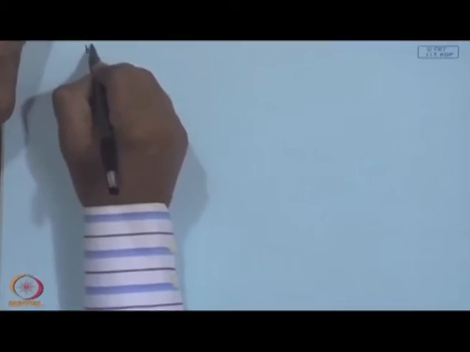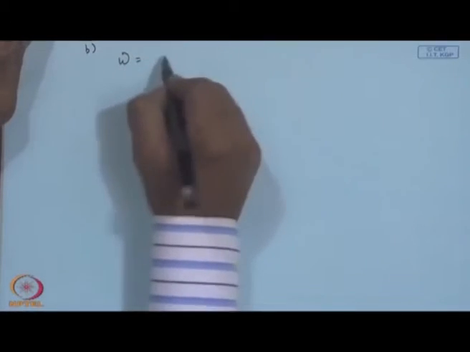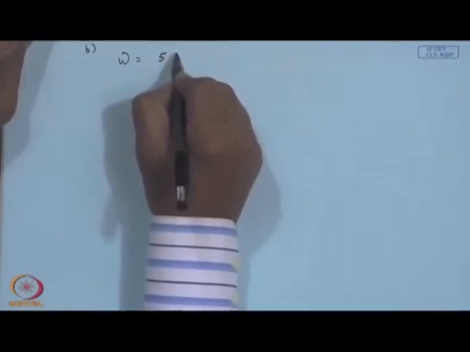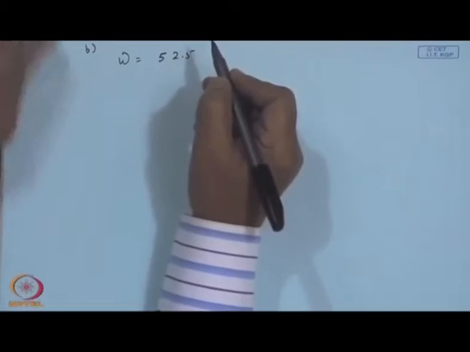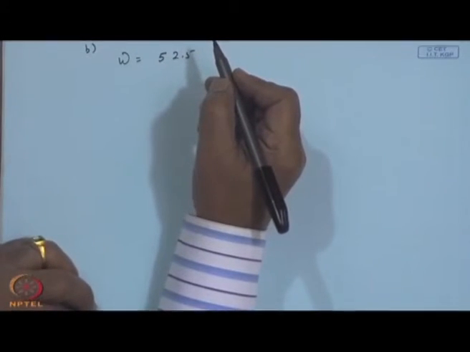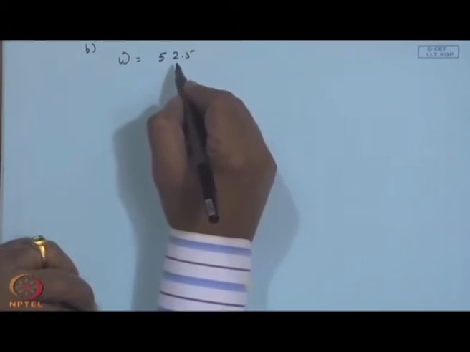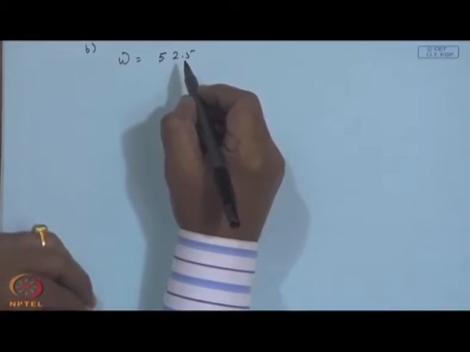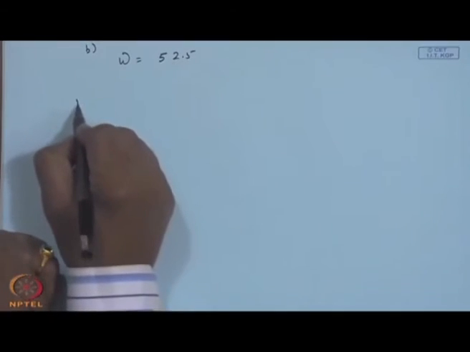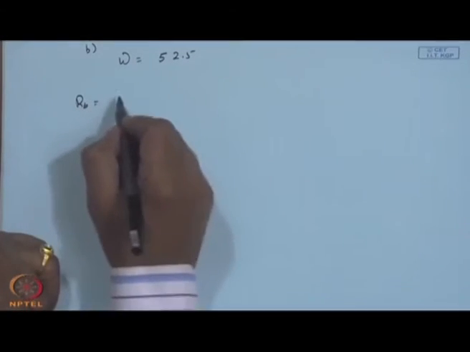So, now the next one is omega 3:30, which comes to 52.5. So, 1 o'clock is 15, 2 o'clock is 30, 3 o'clock is 45 plus 7.5 for 3:30. So, RB, same step,